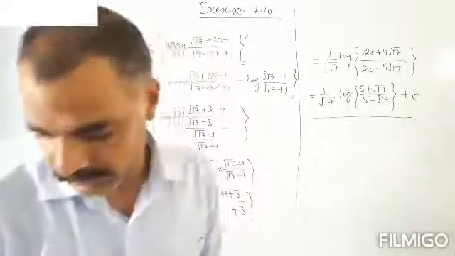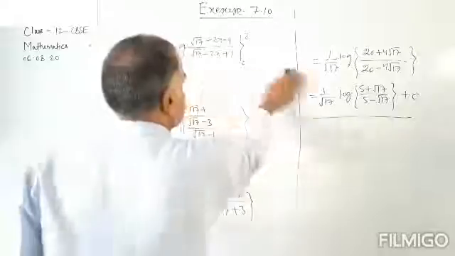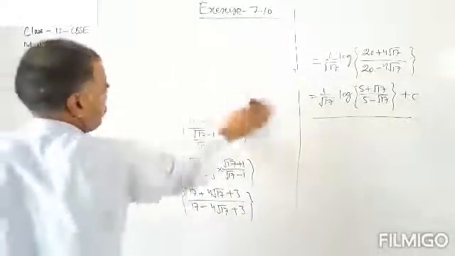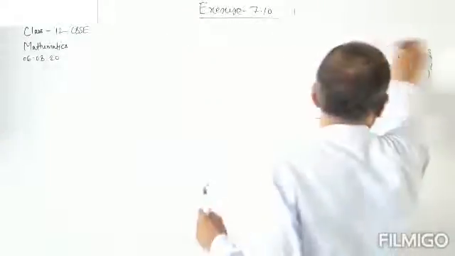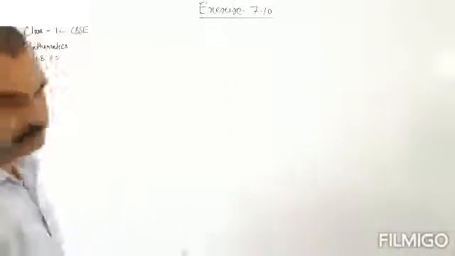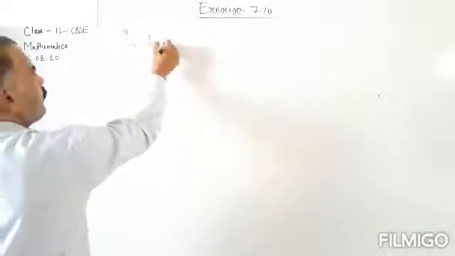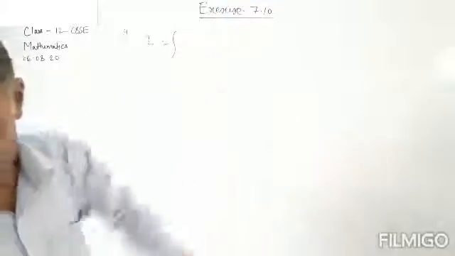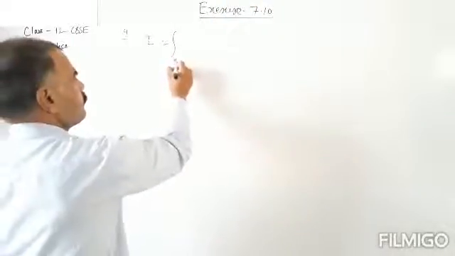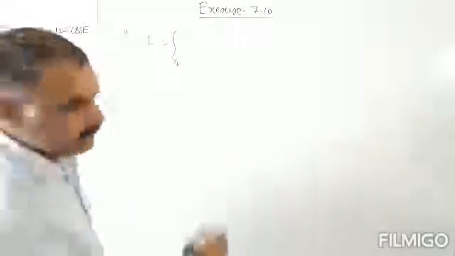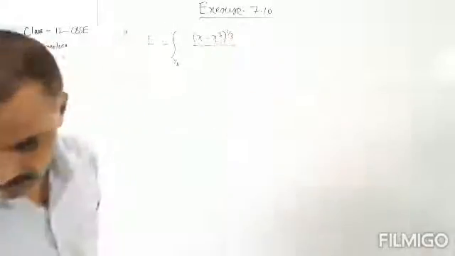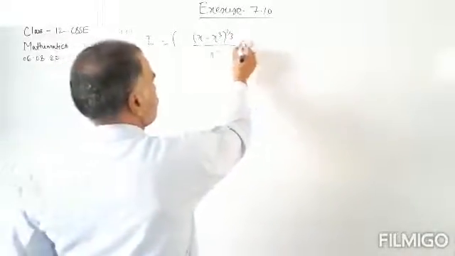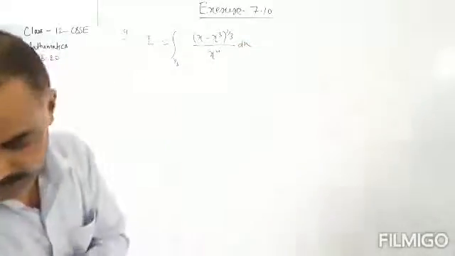Now we are taking question number 9. Question number 9 is the value of the integration. Integration I is equal to, you have to evaluate, the integral from 1 by 3 to 1 of (x minus x cube) to the power 1 by 3 divided by x to the power 4 dx. Okay, you have to integrate this.